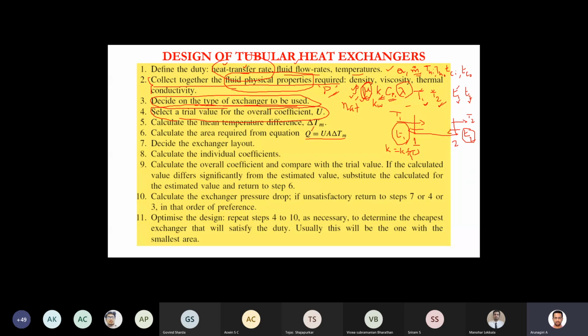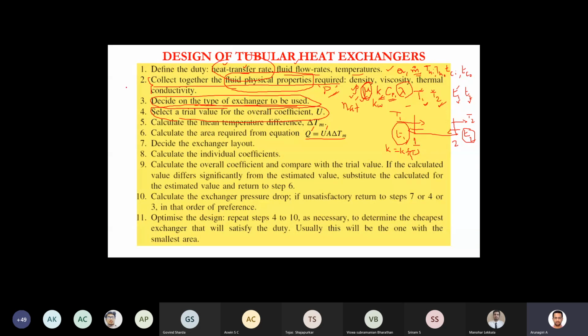where Q is the heat duty, the heat transfer rate, okay. Then this U you have to assume initially, because we know the shell side fluid and tube side fluid, or you can say the hot fluid and cold fluid, only those we know, okay. So based on the nature and properties of the fluid and the type of exchanger, only then can you decide which fluid will go through the tube side or shell side, okay. The allocation of fluid is another component in the design of exchangers, okay.